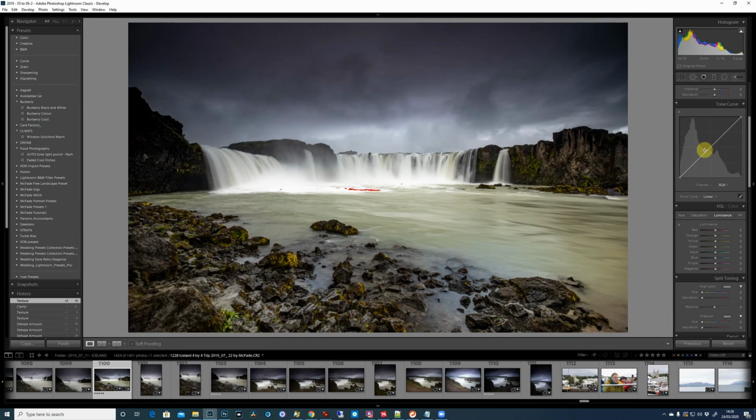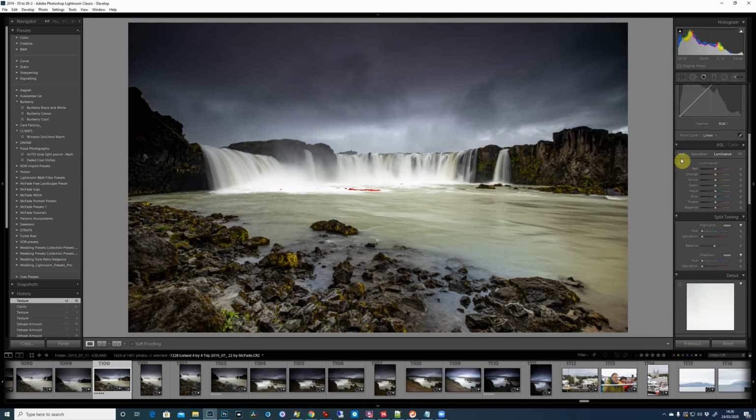Okay, whilst we're still in Lightroom then, what else can we do? We can have a little play with colourful stuff. So let's brighten up these bits of moss and things so they jump out a bit more. So I've clicked on this luminance and this little tool here, and now all you need to do is click on a thing you want brighter, keep your finger down and go up. If you want it darker, you go down. But this will just bring these little pops of light out everywhere,